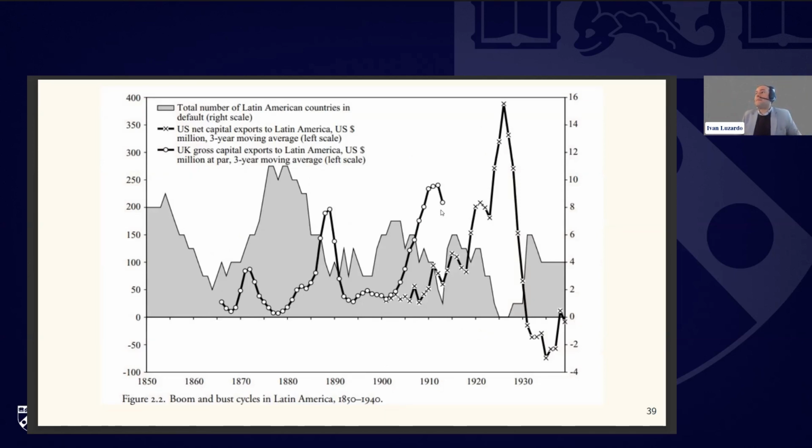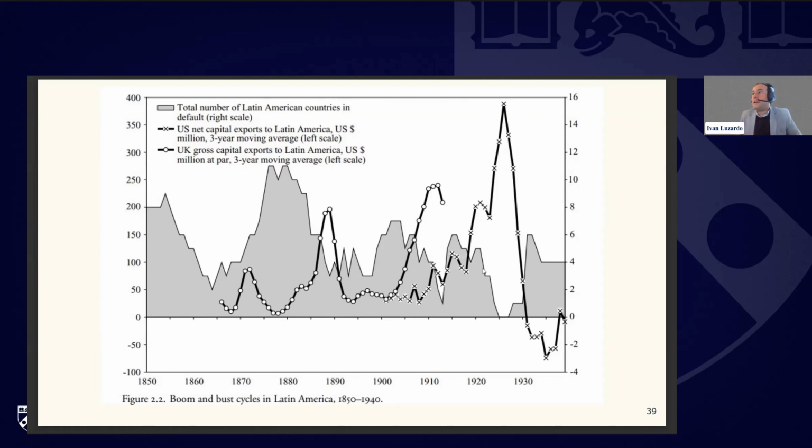Basically, what happened is that after the First World War, we have a decline in the British influence, also in the British foreign investment in the region. But that role that was played by Britain was replaced by the US. So during the so-called Roaring 20s in American history, a substantial share of that